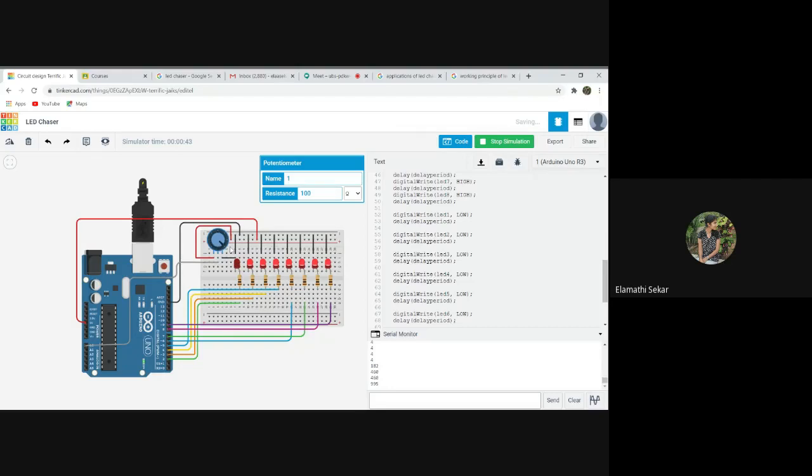So by using this application, we can use this LED chaser in advertising displays, and in discos and all, we can use it, ma'am. Okay. Have you measured your delay? Delay time? No, ma'am, the delay time is equal to the input value, ma'am. Whenever I'm getting more input value, the delay will be more, ma'am. Okay. Okay, ma'am. Thank you, ma'am.